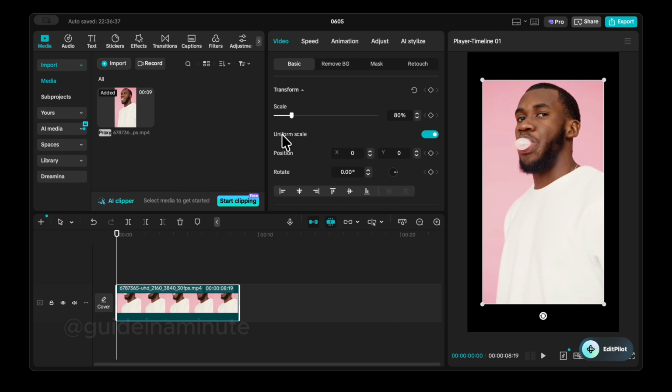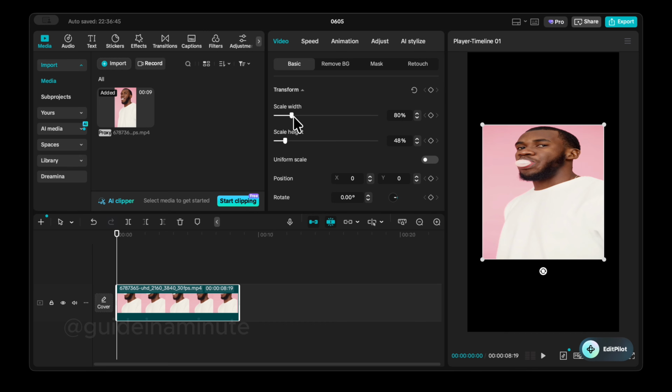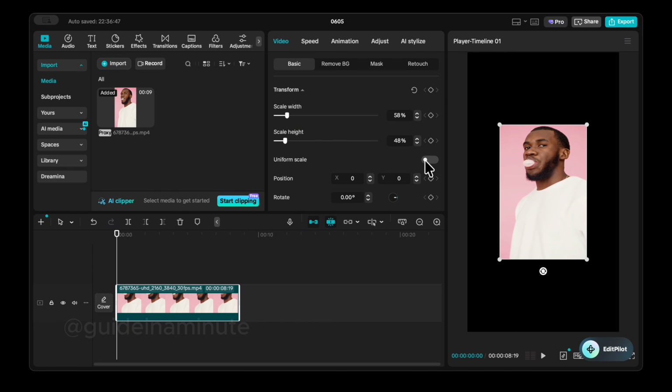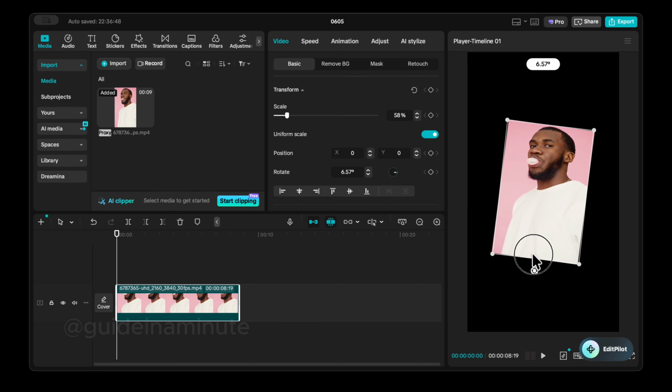Now what you can do, you can also deselect uniform scale, and then basically from here you can scale it however you want. Now another thing that we can do is that we can rotate this video,